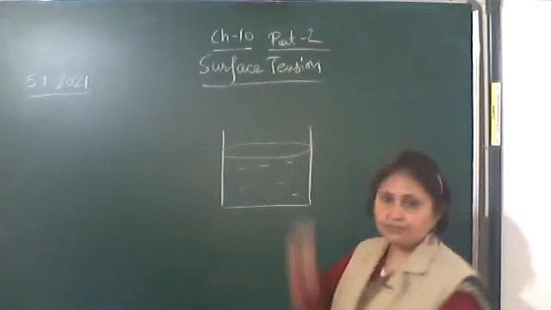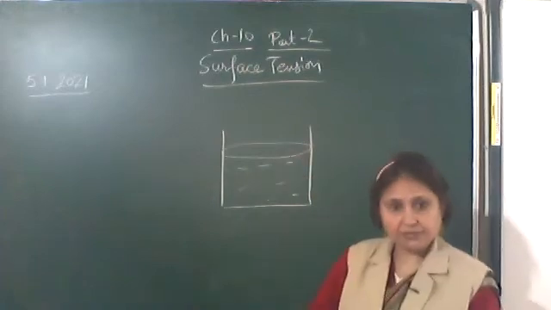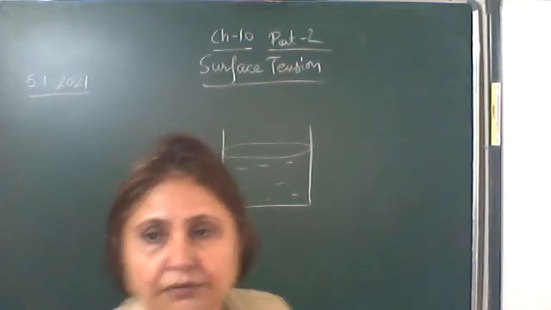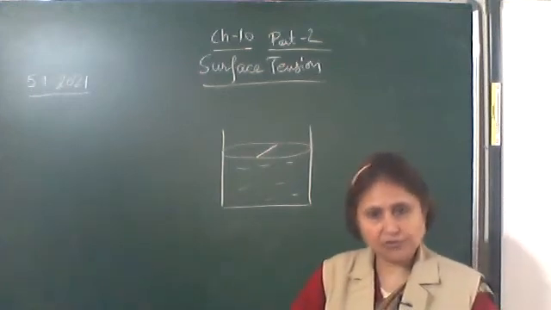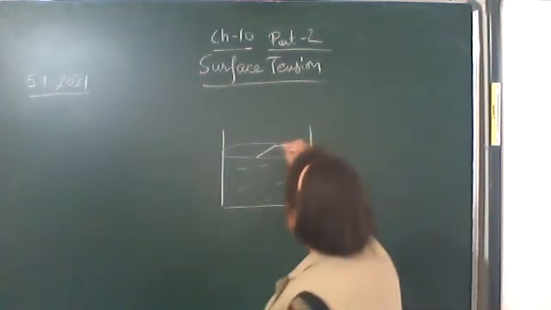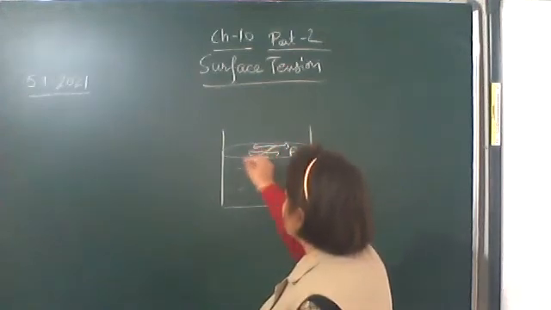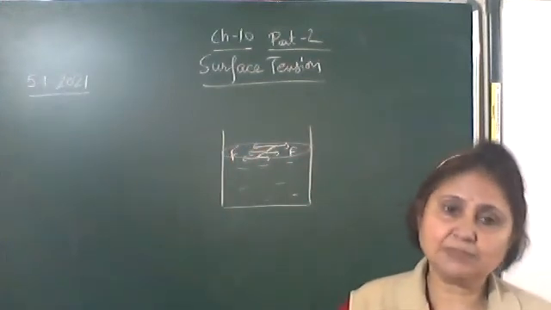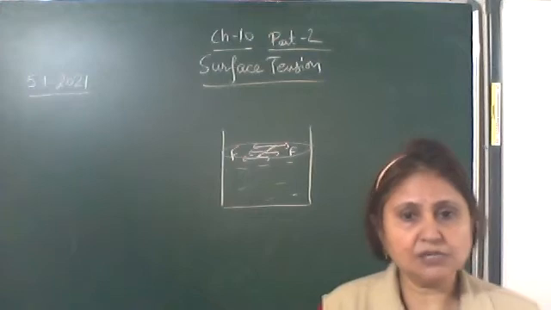This is the free surface of the liquid. If we draw any imaginary line, this free surface of the liquid will try to attain a minimum surface area. You cannot actually draw it, just consider an imaginary line on the free surface. It appears as if this line is being pulled from both the sides by some equal force. Somebody is pulling this line from both the sides by equal force.